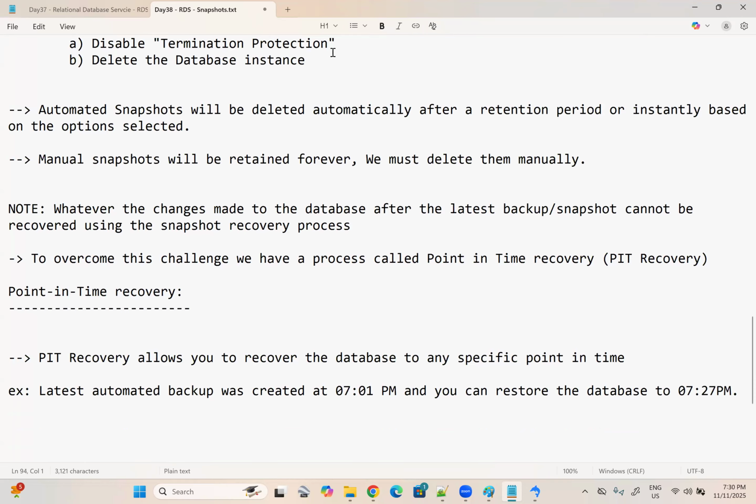So how do they do it? They use something called transactional logs. So this uses automated daily snapshots and transactional logs